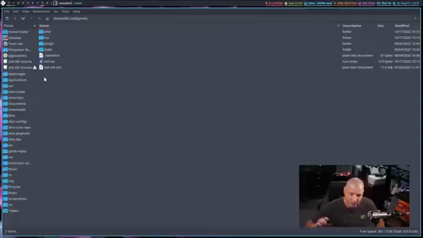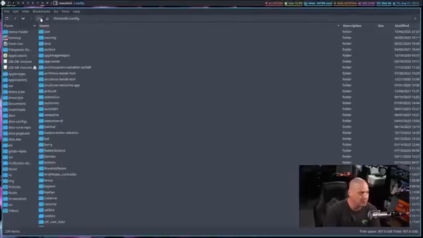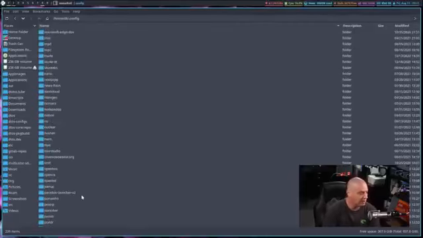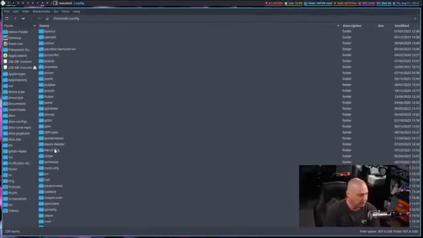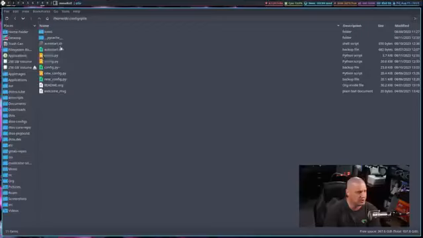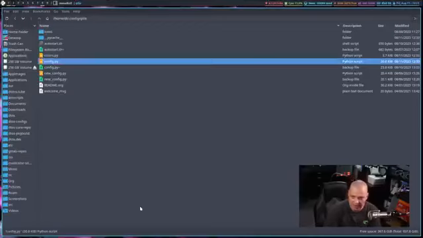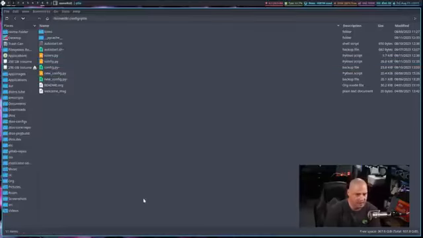I got a dotfiles repository on my GitLab, and then the next time I distro hop, I don't have to worry about rewriting from scratch a new NeoVim config. I've already got it saved. Or my Qtile config. If I scroll down to Qtile, so home directory /.config/Qtile, and there's the config.py. It's a Python script that basically is the settings file, the configuration file for Qtile, which I'm in today.